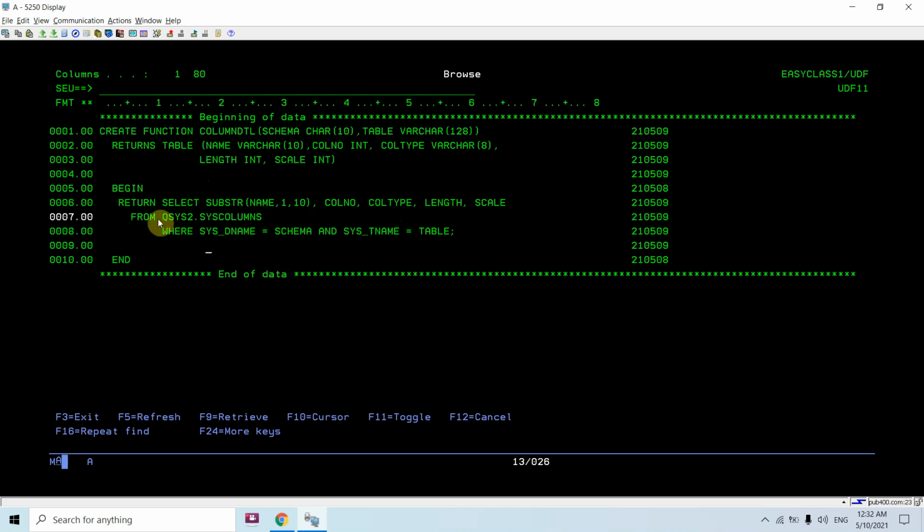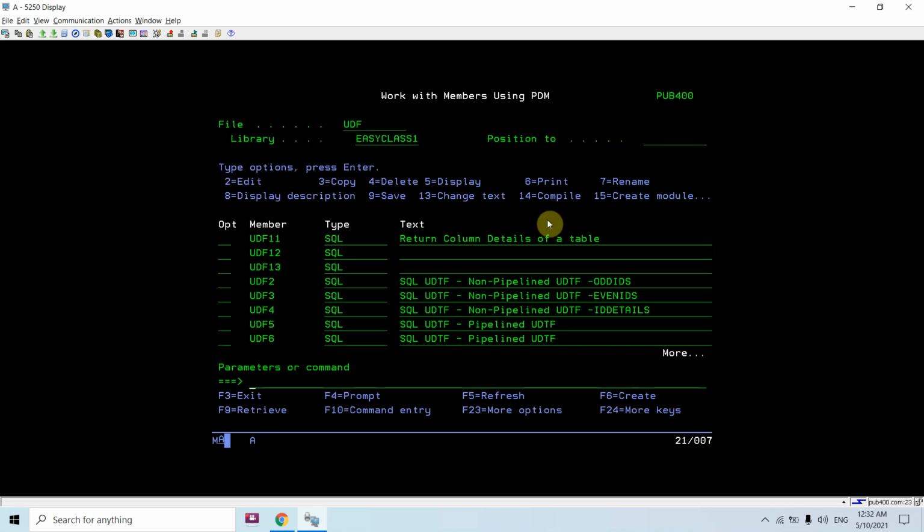In the where clause we pass the schema, that is the library, and the table name which we receive as input, and then we return a table consisting of these columns.